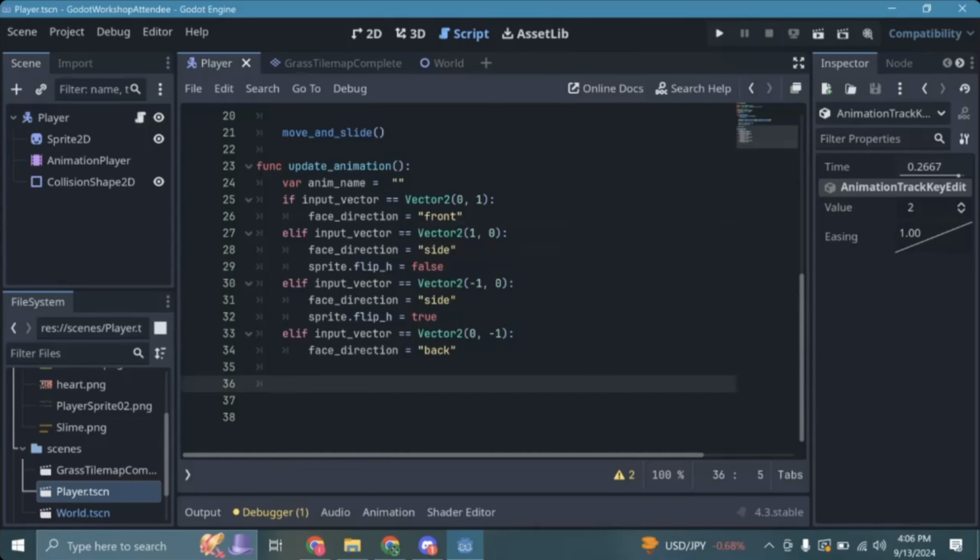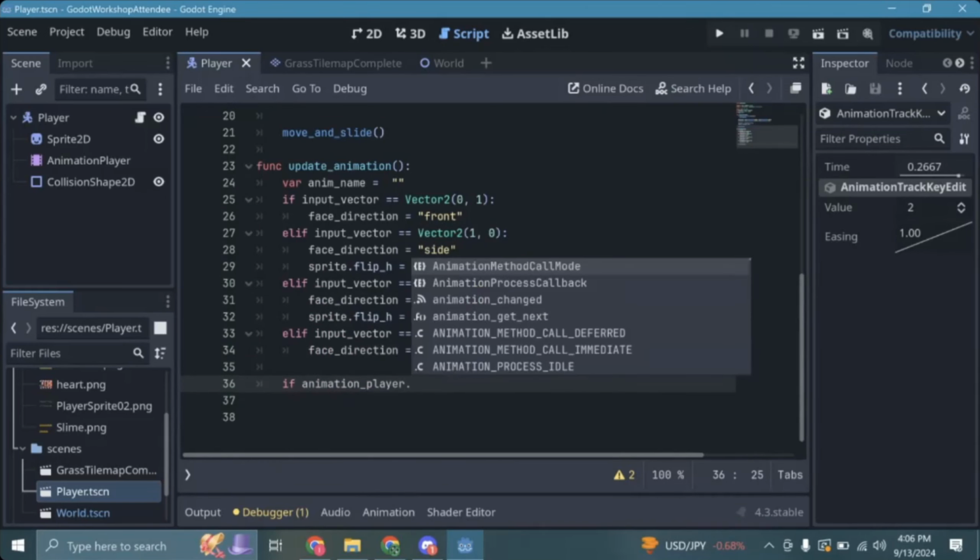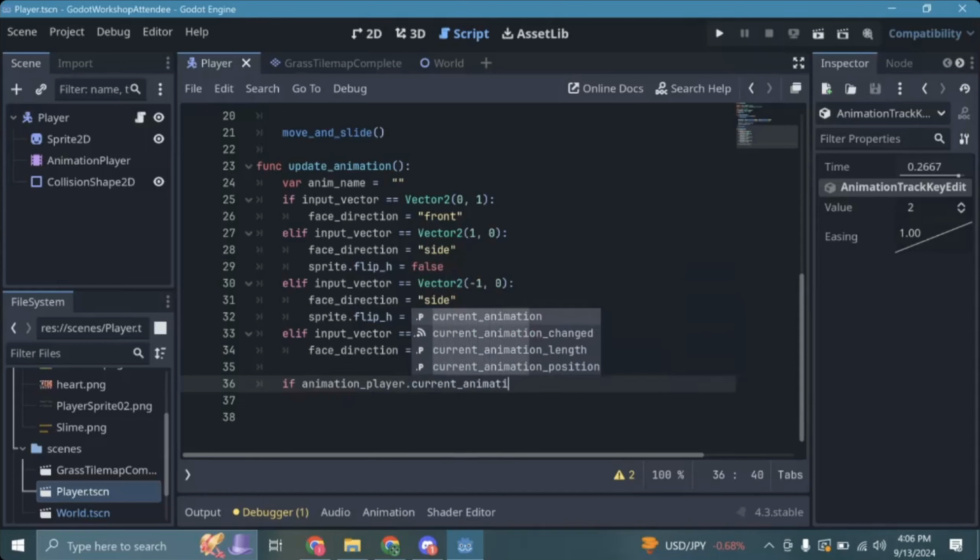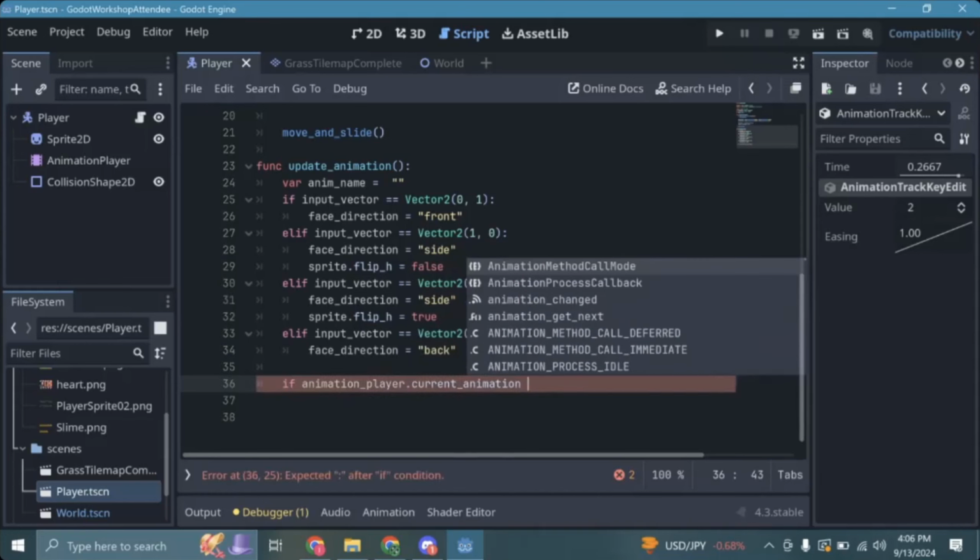First, we want to make sure that we don't start playing the same animation while it's already playing. So if we're already moving idle, we don't want to set our animation to idle front again, because we're already moving idle. Without it, every single frame, we try to start the animation, and otherwise the animation would just not play. So what we're going to do: if animation_player.current_animation, because current animation is a variable that the animation player has, which just tells you what the current animation is in a string. And then we're going to put does not equal